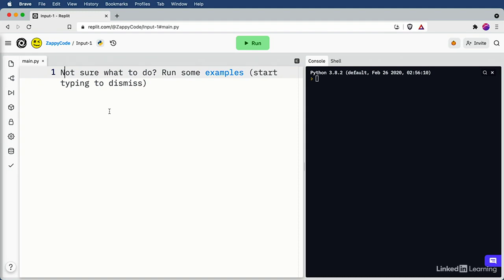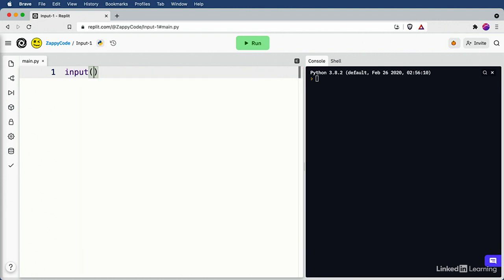I'm going to be honest, this might be the funnest video of the whole course. We're going to be learning about input. And what's so cool about input is it allows users who are running Python code to actually interact and make decisions with that code. So let's go ahead and create our very first input, just all lowercase, type out input,